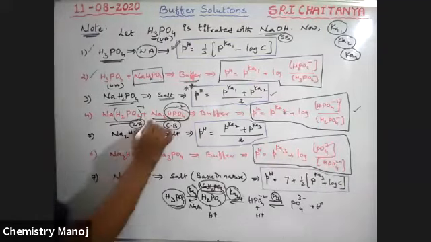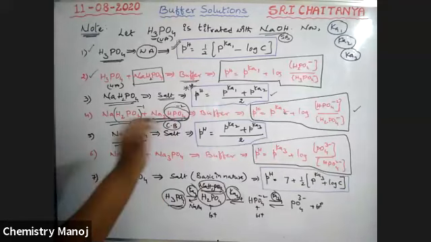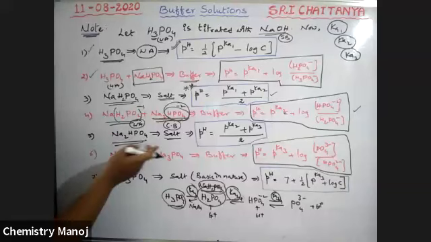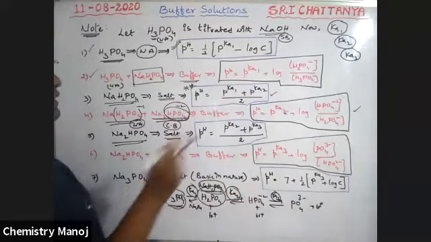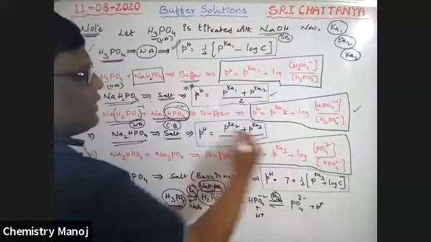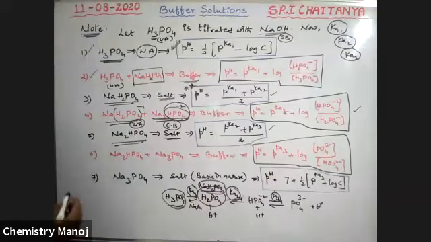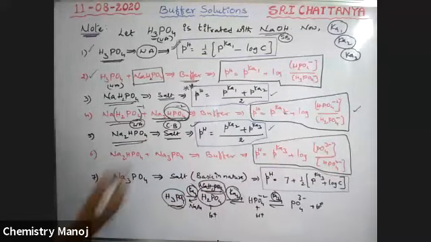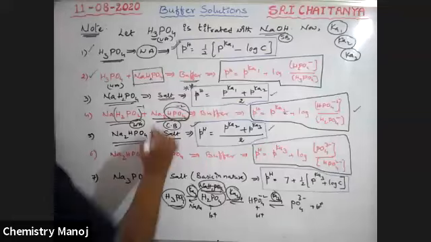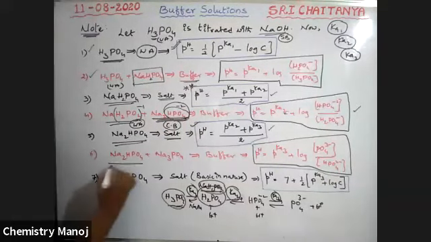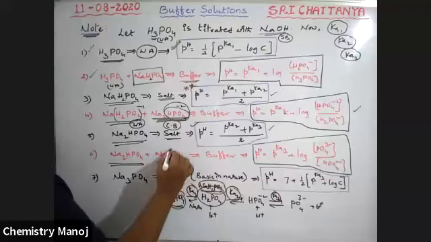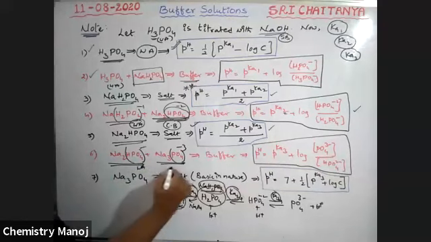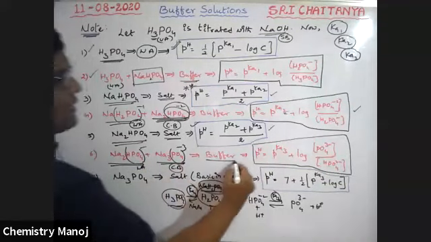Now Na2HPO4 is itself identified as a salt. Second dissociation is already completed, so further dissociation, that is the third dissociation, is possible. Therefore its pH is the average of pKa2 and pKa3, that is (pKa2 plus pKa3)/2. These are the different situations to calculate pH. Now Na2HPO4 is the acid, HPO4 2 minus, and its conjugate base is PO4 3 minus. The weak acid and its conjugate base combination acts as a buffer.